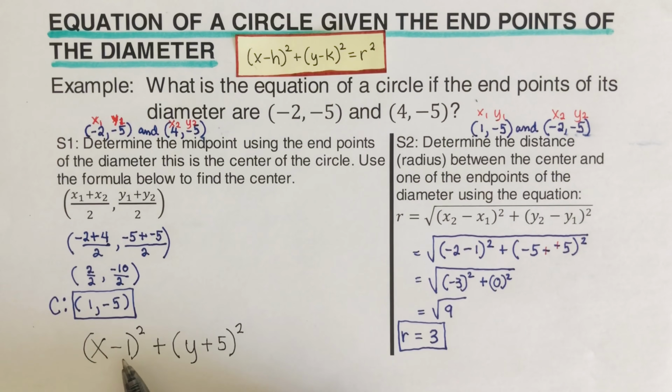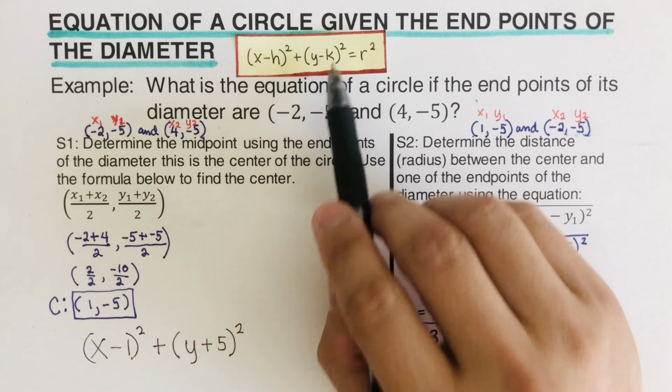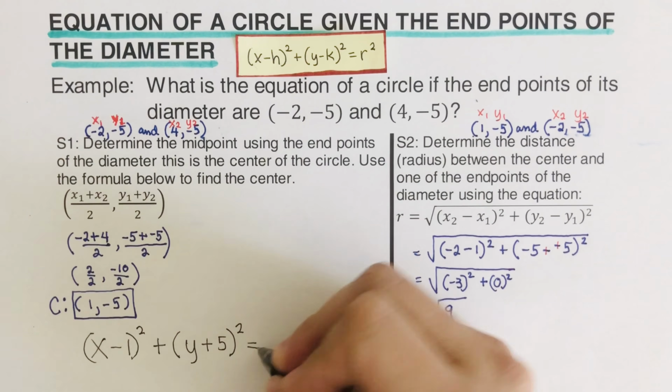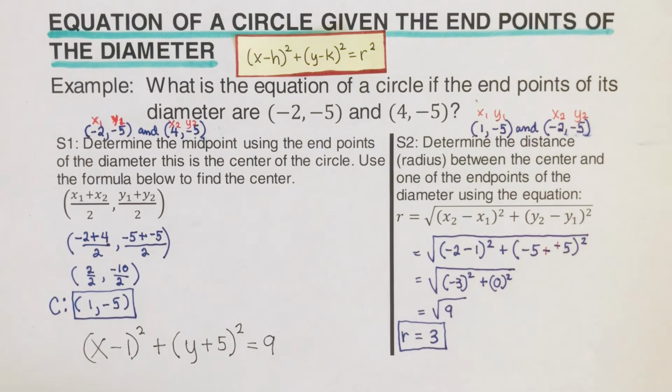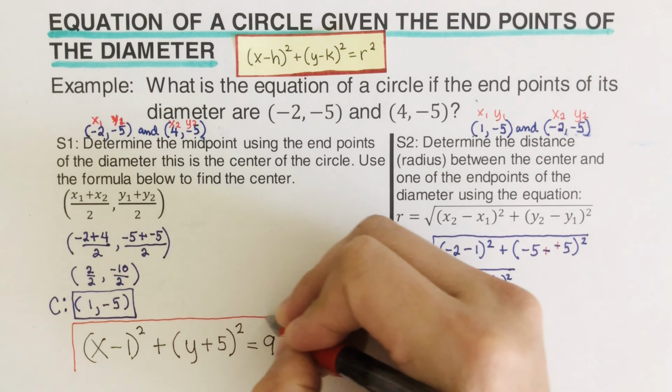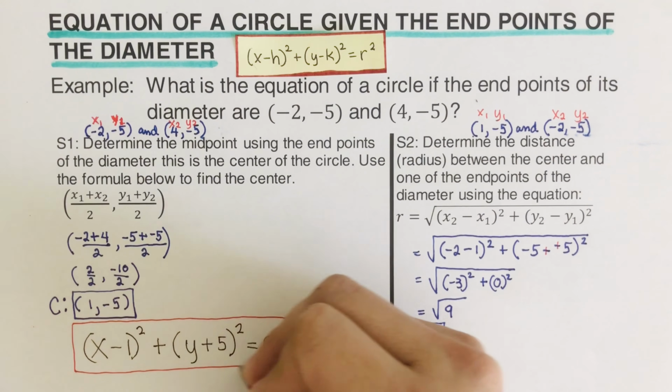So this is x minus 1 squared. And then I wrote y plus 5 because since this is a -5, again, we remember it's switch and switch. So I switch the -5, it turns into a +5, and then I square it. And then we have the radius is 3. 3 squared would be 9. So this is the equation of this circle, given this condition right here, we were actually given the